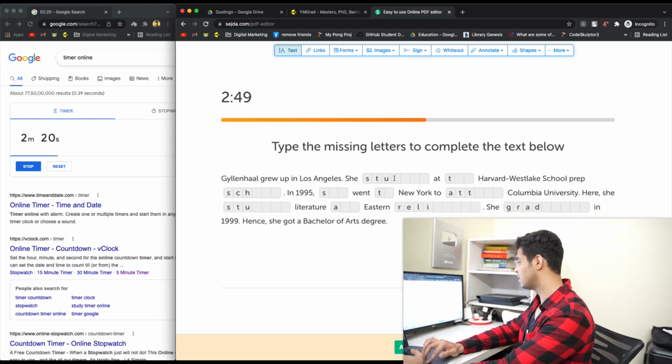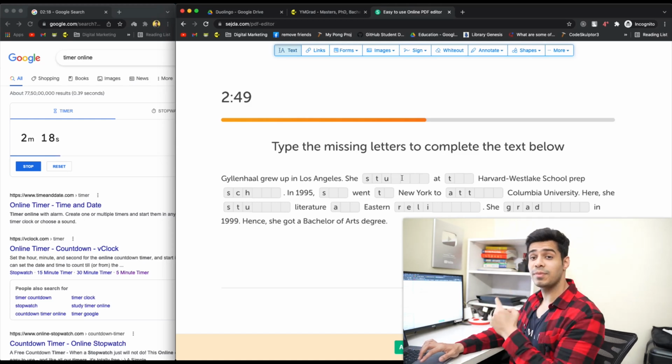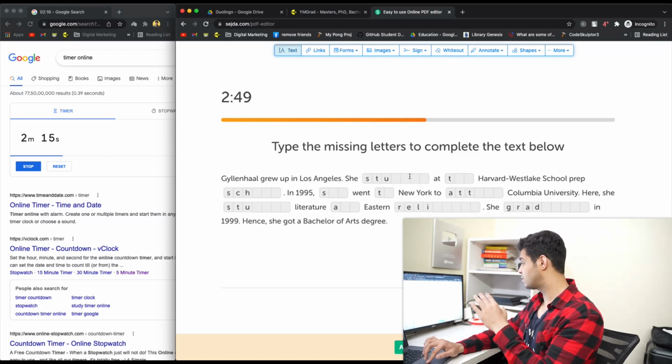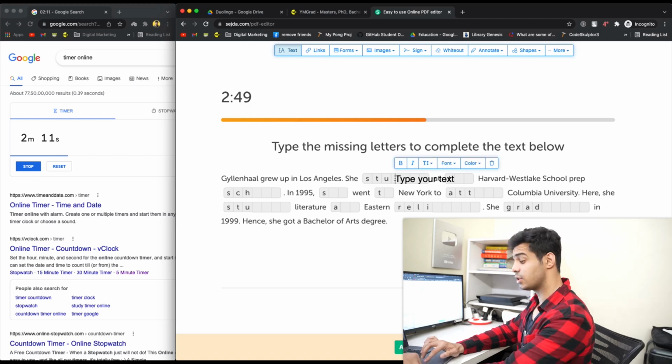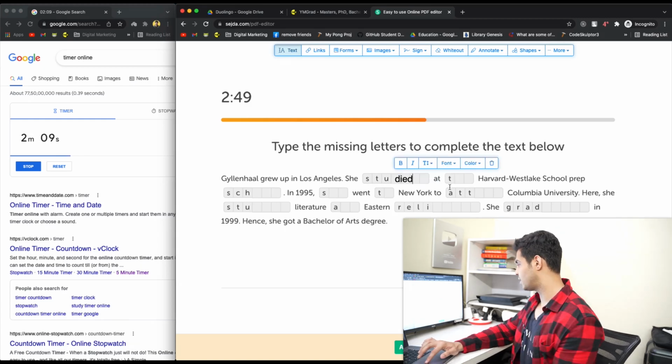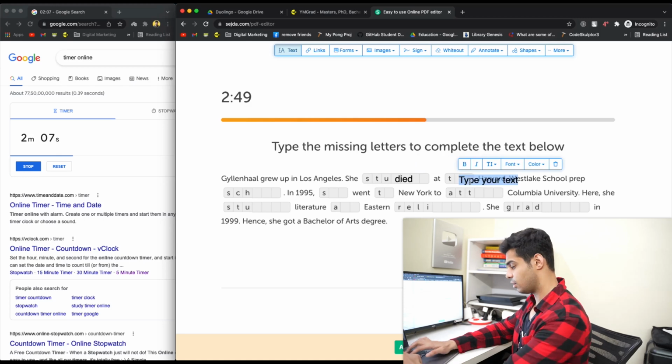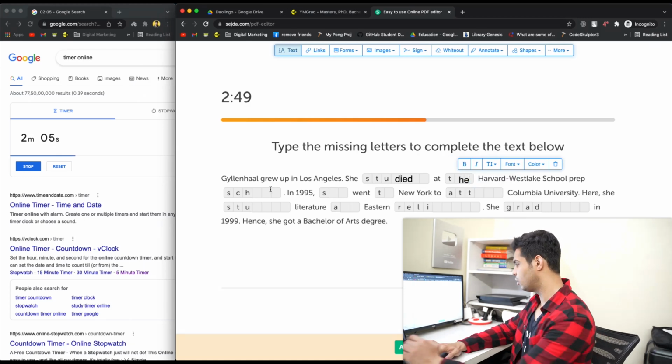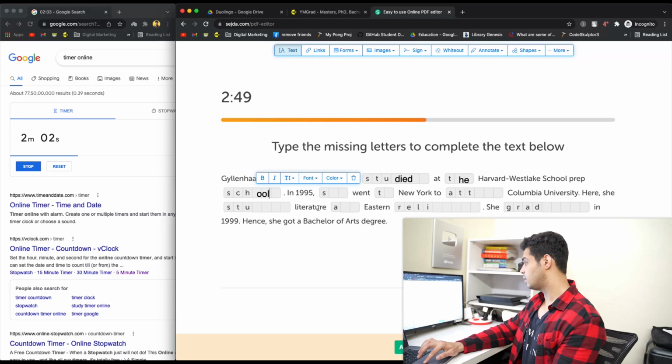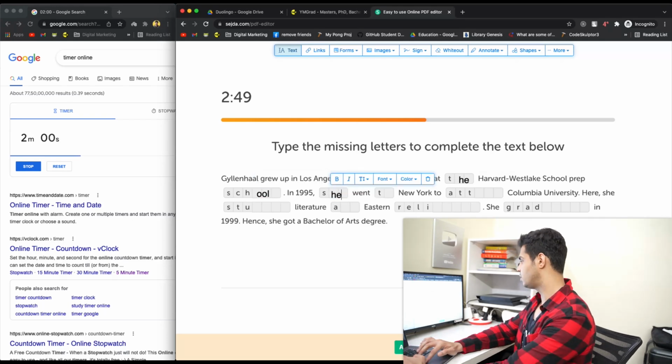She studied, and again, remember, you have to keep the tense in mind. All of these are in past tense. Went, okay. So I'm going to use studied over here, not studies. Studied at the Harvard Westlake Prep School, that's easy. In 1995, she again went to